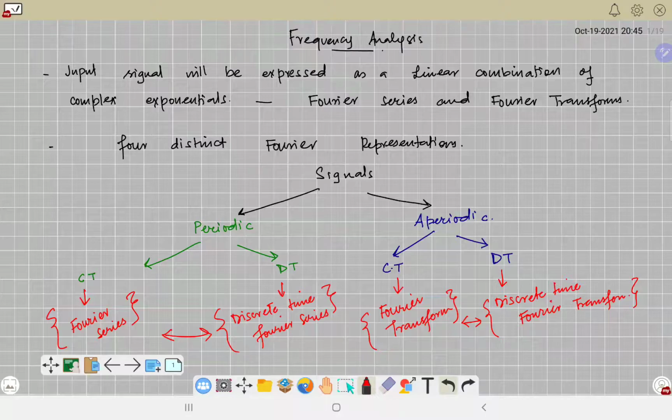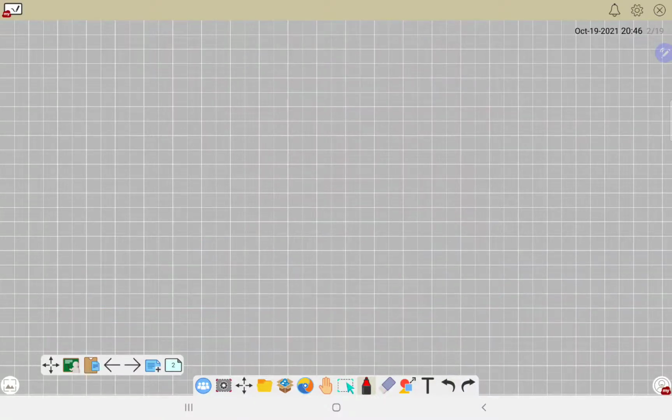So like I said in the previous video, your following chapters, third, fourth, and fifth, will be purely based on frequency analysis. The difference is, in the third chapter we'll be doing frequency analysis through Fourier. In the fourth we'll be doing frequency analysis through Laplace. That will be explicitly reserved for the continuous time case. And in the last one, we'll be doing frequency analysis through the Z transform, which is reserved for the discrete time domain. So for now we'll be starting with the Fourier series